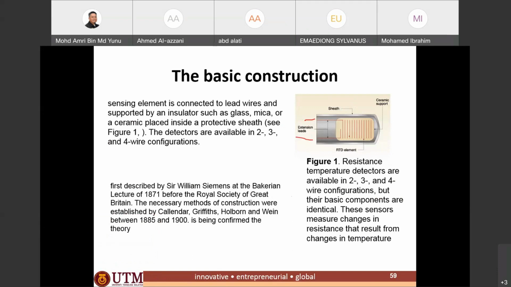So the sensing part, the wire made into a set of coils, is insulated,